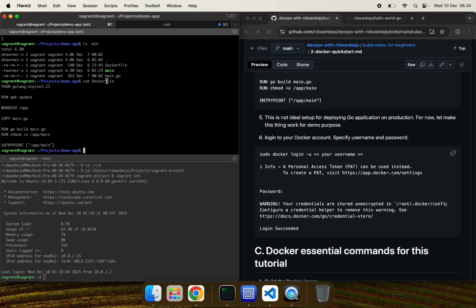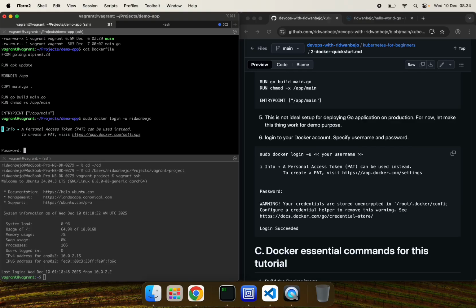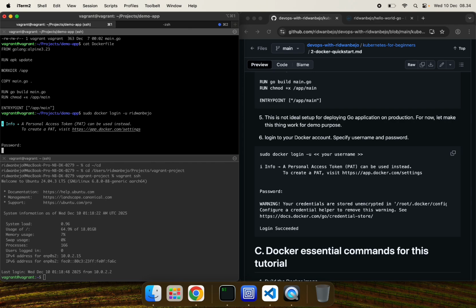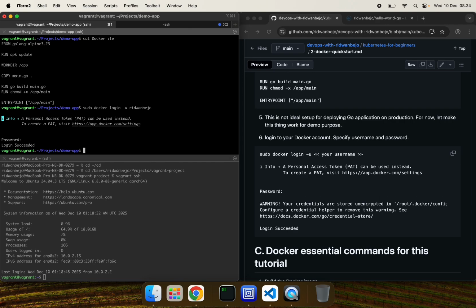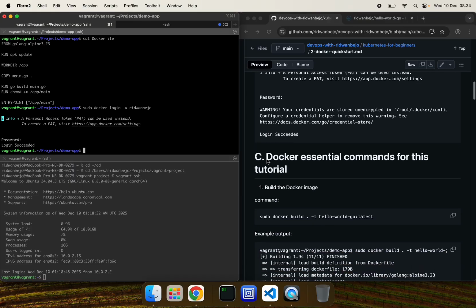But if you want to do it from your local machine, at least you need to run sudo docker login -u Ridwan, that's my username. For the password, you need to type it and just wait until you get the notification Login Succeeded. It means you are ready for pushing the image, but we will explain it later.